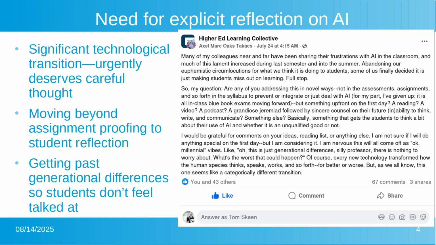We don't want them to feel talked at. And that opens up learning as well. If we can find ways to do this that show that their perspective is taken into account and they have an opportunity to talk about it, that also is going to be really important. It can open up the doors to learning. It can open up the doors to a good experience for them as well.